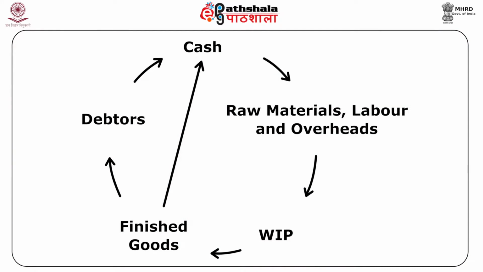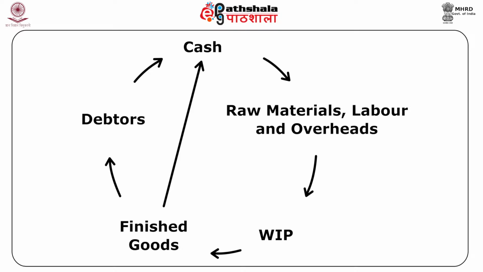Now the working capital cycle is also known as operating cycle. It helps in ascertaining the duration for which funds are required for various stages of the working capital cycle. It refers to the length of time between the firm paying cash for materials, entering into production process, and inflow of cash from debtors. This cycle starts with cash, with which the firm buys raw material to process and to convert it into finished stock by bestowing efforts on it.